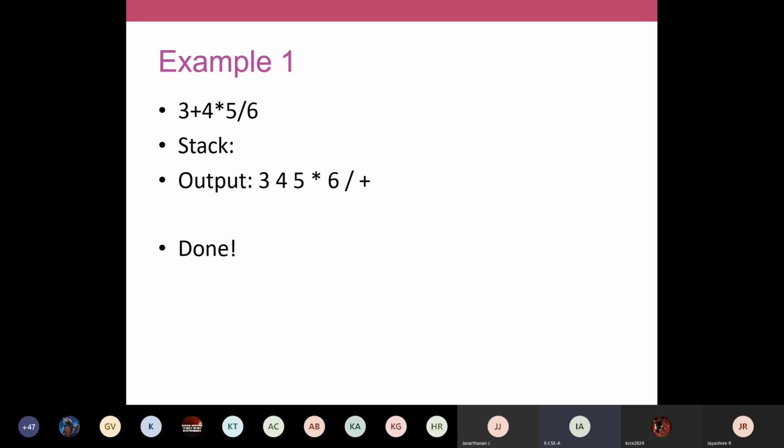So in your expression also, you're having 4 into 5. Then I'll apply this division on this 4 into 5 value and 6. Then finally only I'll apply this plus. So the position of your operators decides the order of evaluation, which operator you're going to solve first. That is defined in your postfix notation itself.